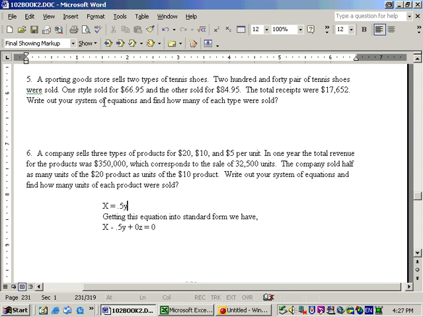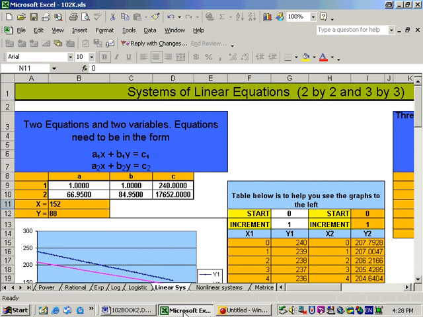We don't know how many of the $66.95 shoes were sold, so call that X. We don't know how many of these were sold, so call that Y. But we do know that X plus Y equals the total amount sold, which is 240. Plus, if you take $66.95 times X, the number of $66.95 shoes that were sold, plus $84.95 times the number of shoes sold for $84.95, that will give you the total revenue. That gives you this system of equations here: X plus Y equals 240, and 66.95X plus 84.95Y equals